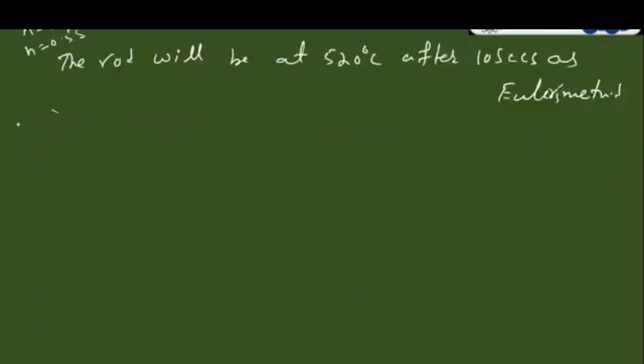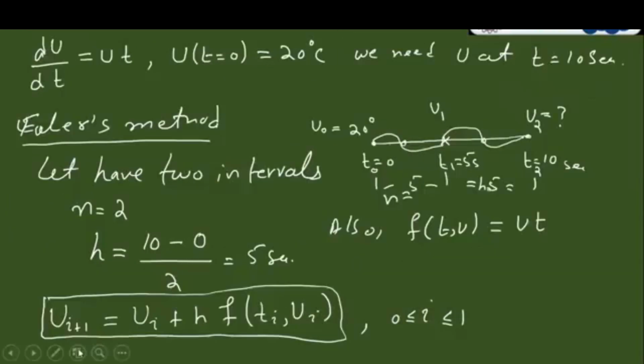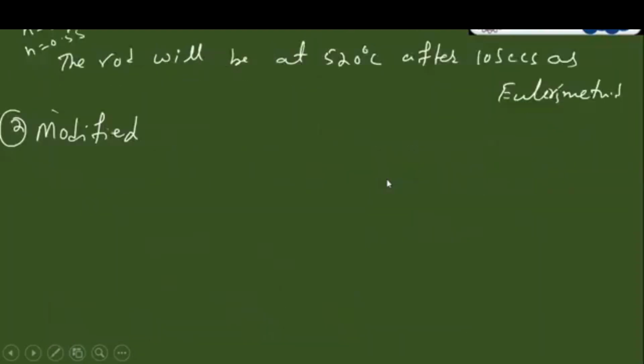So let's solve the same problem again, but now we want to use the modified Euler. The difference between Euler and the modified Euler is that in Euler, I just need to perform one calculation at each step. What does this mean? I just need to calculate this formula on each step. If I apply this formula on this step, I will get the solution at this step. And when I apply the same formula on this step, that is taking the data from this step, I will get the solution at this one. But in modified, I have to do the same thing, but I have to